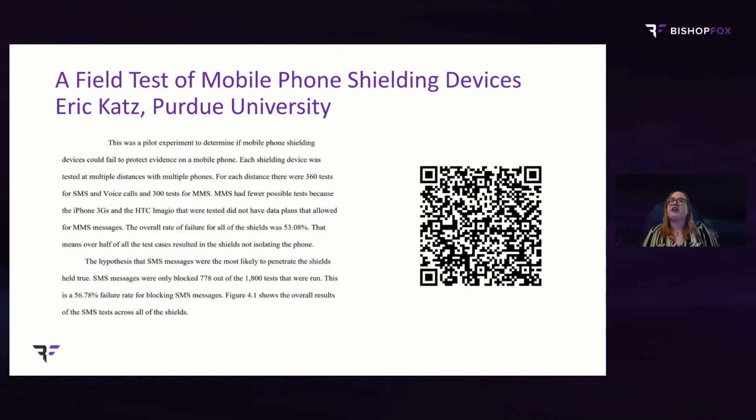But basically, of all of the devices, the large box we just saw still let in one SMS message. It was able to receive a text. But most of the devices that were registered, these smaller devices, pouches, fabrics, things like that, were still able to receive text messages from other devices while in the Faraday device. So it did not successfully block signal, and it did not work. Cellular connection was still achieved.